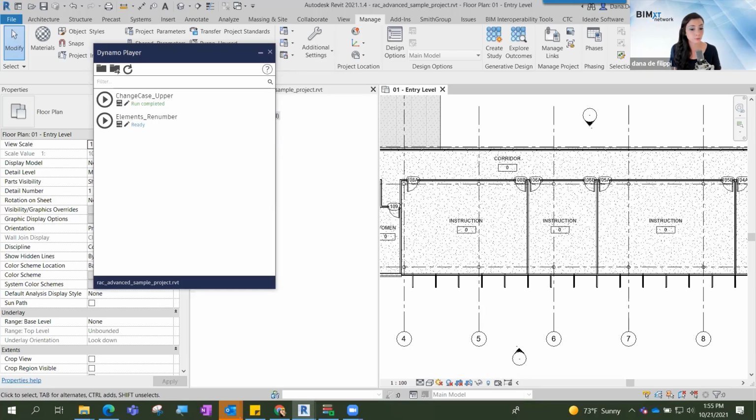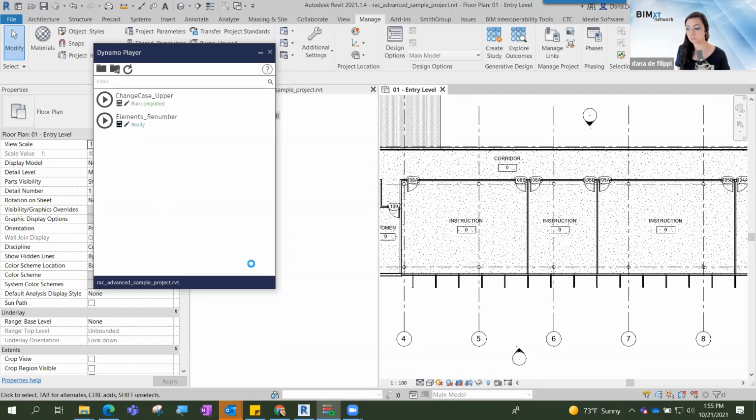So if you place your rooms in a sequential order, your elements will essentially have that order in their element ID, and so they'll essentially remember that. So you can see here, if I hit the edit inputs, this allows you to edit a category of elements based off of a parameter that you specify,